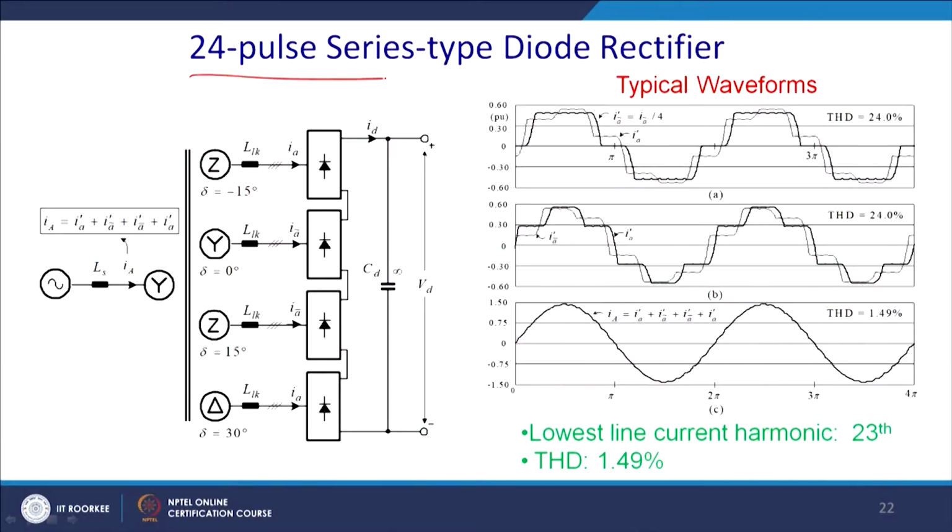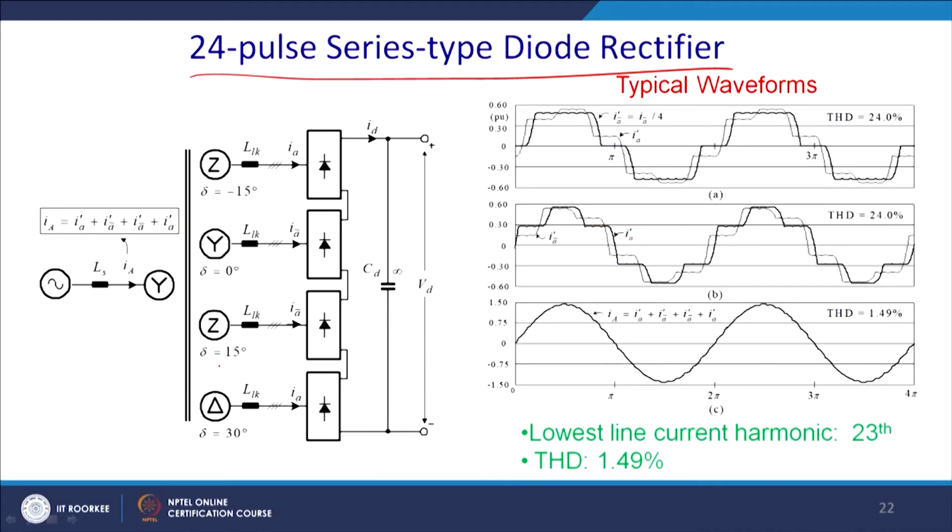Now, let us talk about the 24 pulse diode bridge rectifier. Even though the 18 pulse almost meets the requirements, in some applications we require a very precise power factor and other performance. So, similarly we require a 24 pulse converter. There, the zigzag transformer was phase shifted by 20 degrees; here it will have a phase shift of 15 degrees because it is a 24 pulse converter.